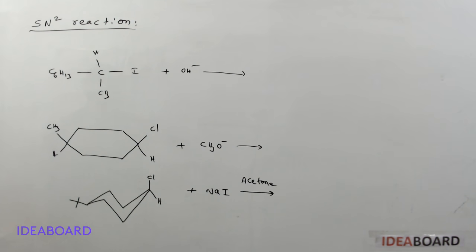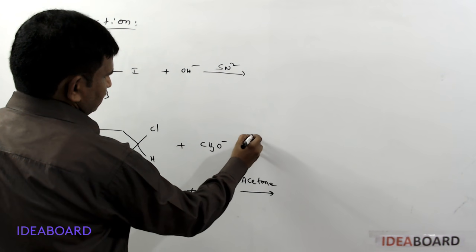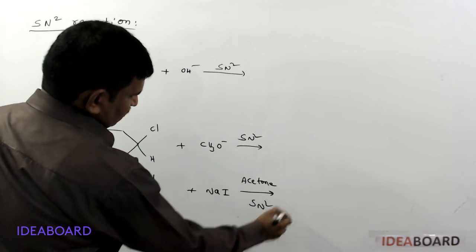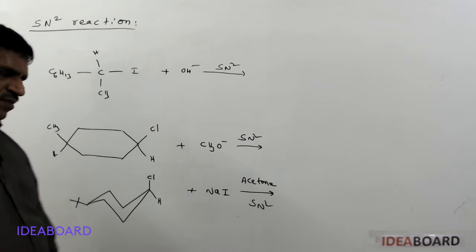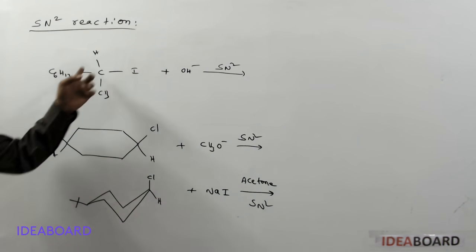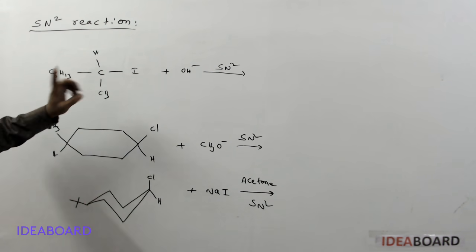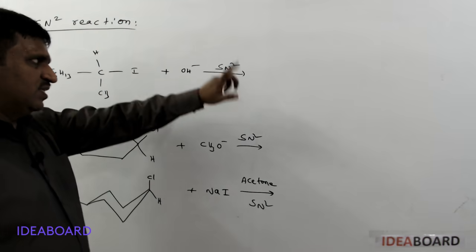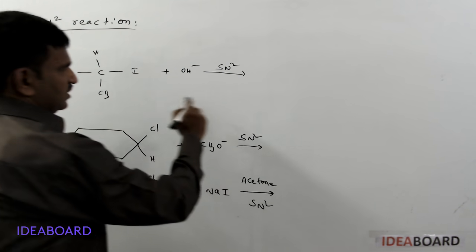See these three reactions. These are examples of the SN2 mechanism. This is like a Finkelstein reaction, please remember. And here, what is the product for this reaction? This carbon has four different groups, so it is a chiral carbon. Definitely, you will get the inversion product. Here this is iodine, so iodine is replaced by OH.